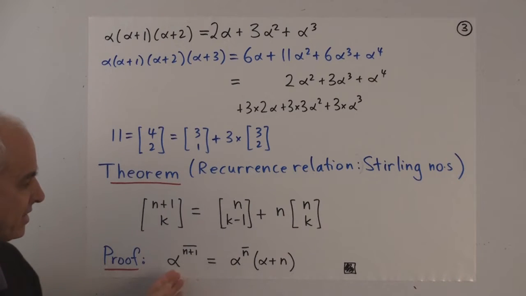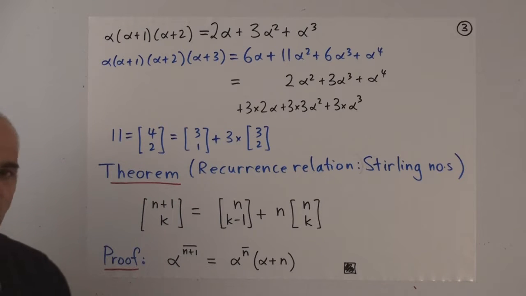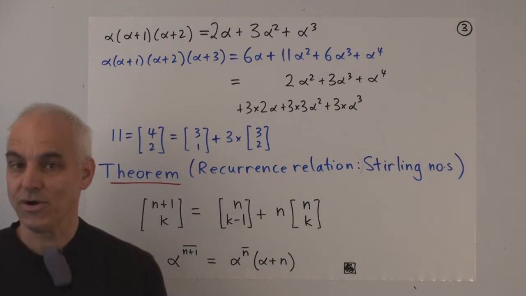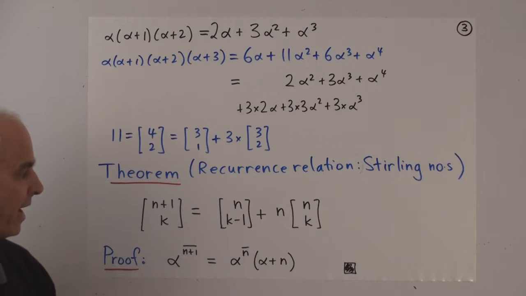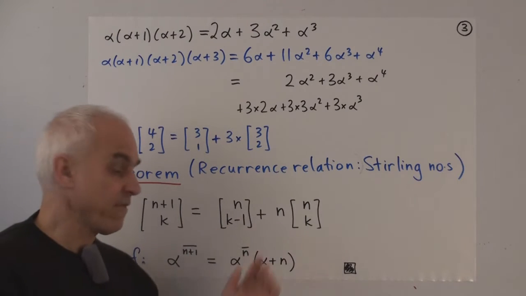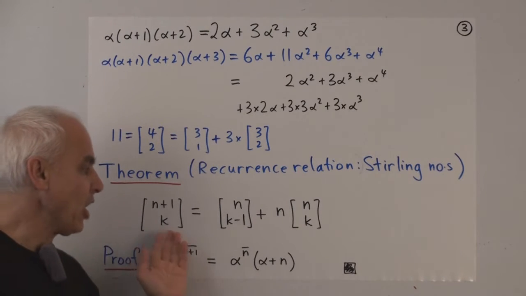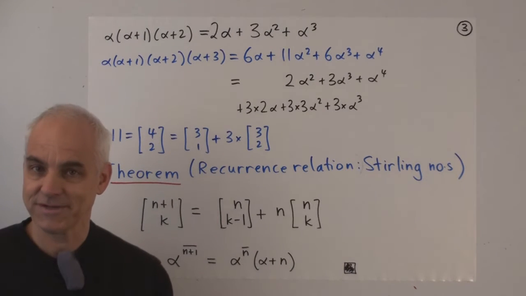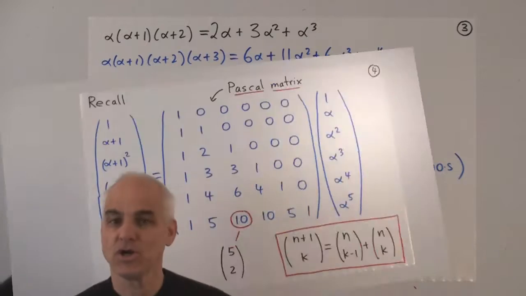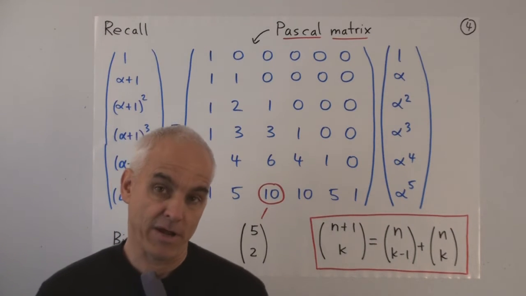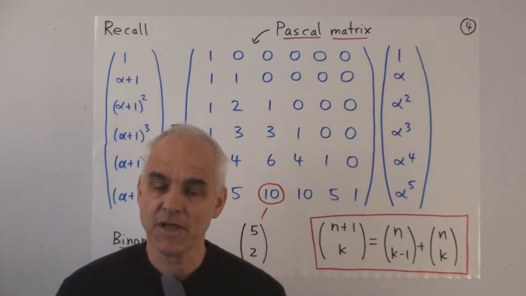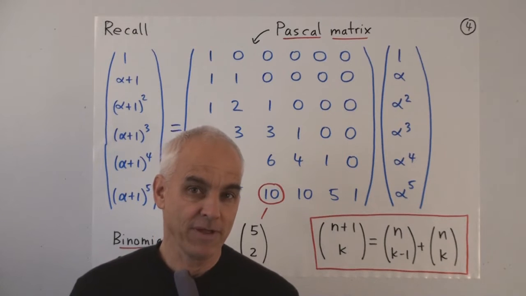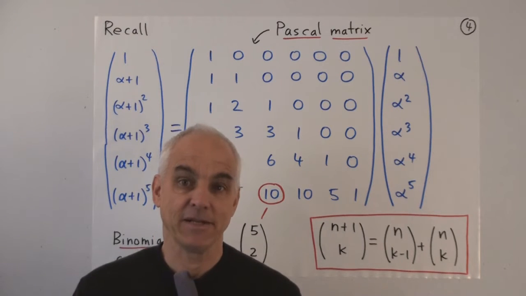So please have a look at this, stare at this, work out some special cases to convince yourself of the truth of this recurrence relation. And hopefully it's very familiar looking. It looks a lot like the standard recurrence relation for the binomial coefficients. So let's have a look at Pascal's triangle and binomial coefficients from the viewpoint of polynomials and linear algebra.